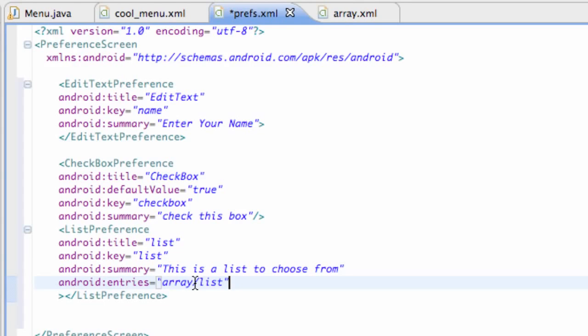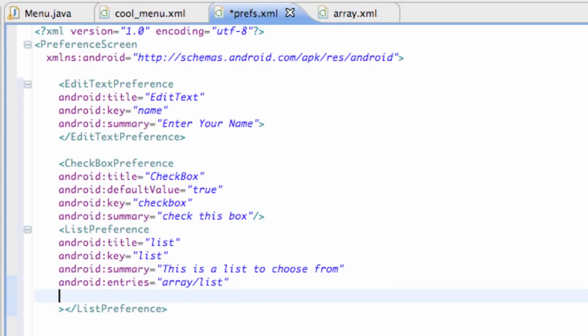So let's say we want one of those items to be checked to start with, and what we're going to do is we're going to set up something basically that's going to refer to the list values for the most part. So we're going to set up something else called Android, again this is within our list preference, Android entry values for the most part, and we're going to say, again, refer to another array. So we're going to say array/values or something like that, or L values,